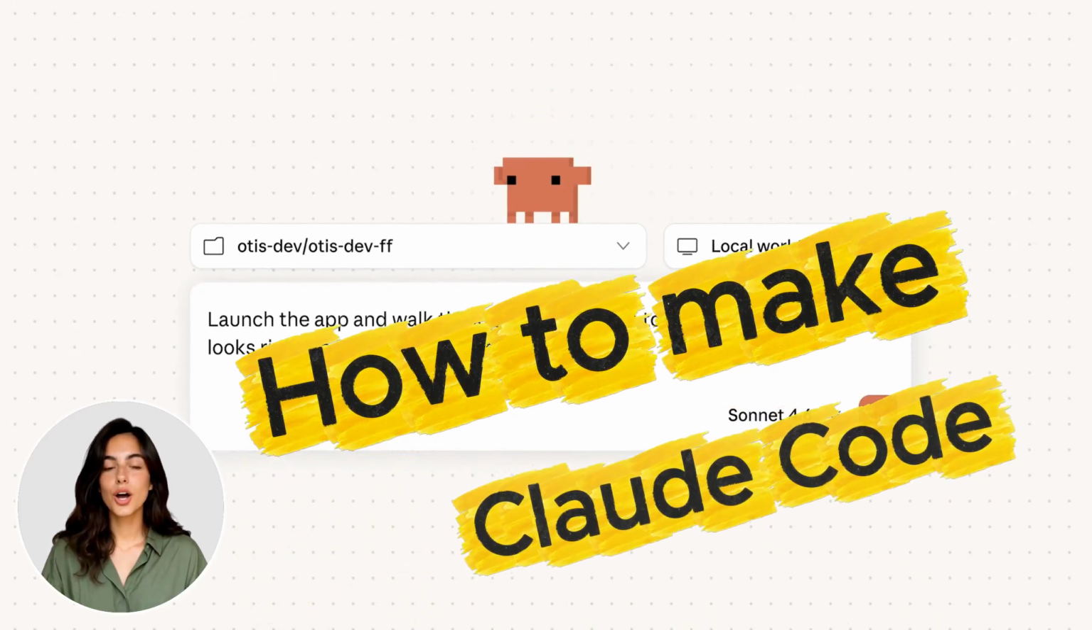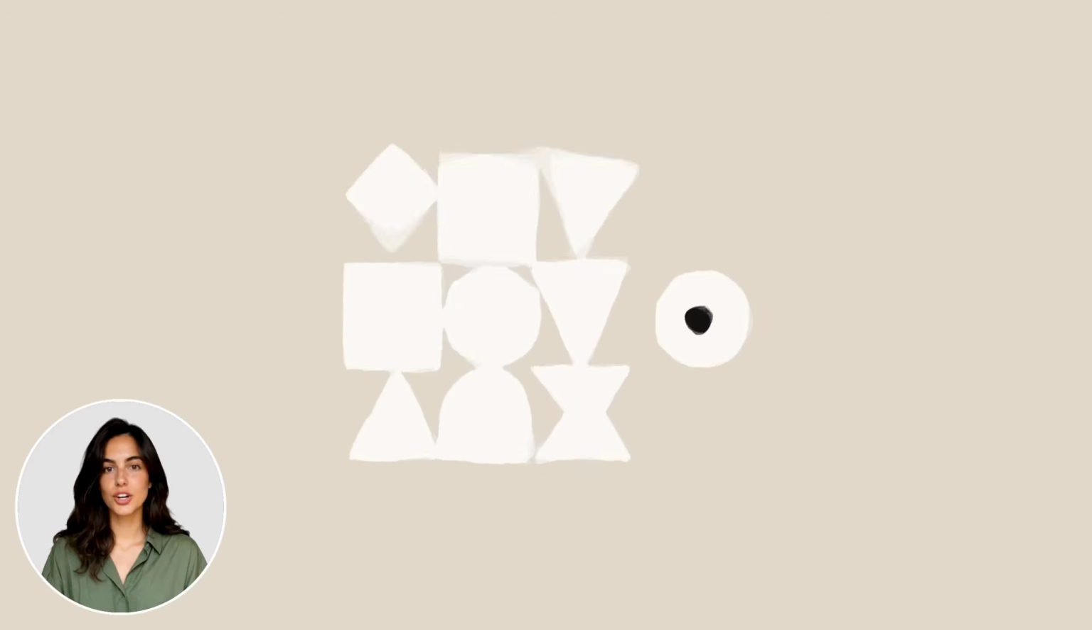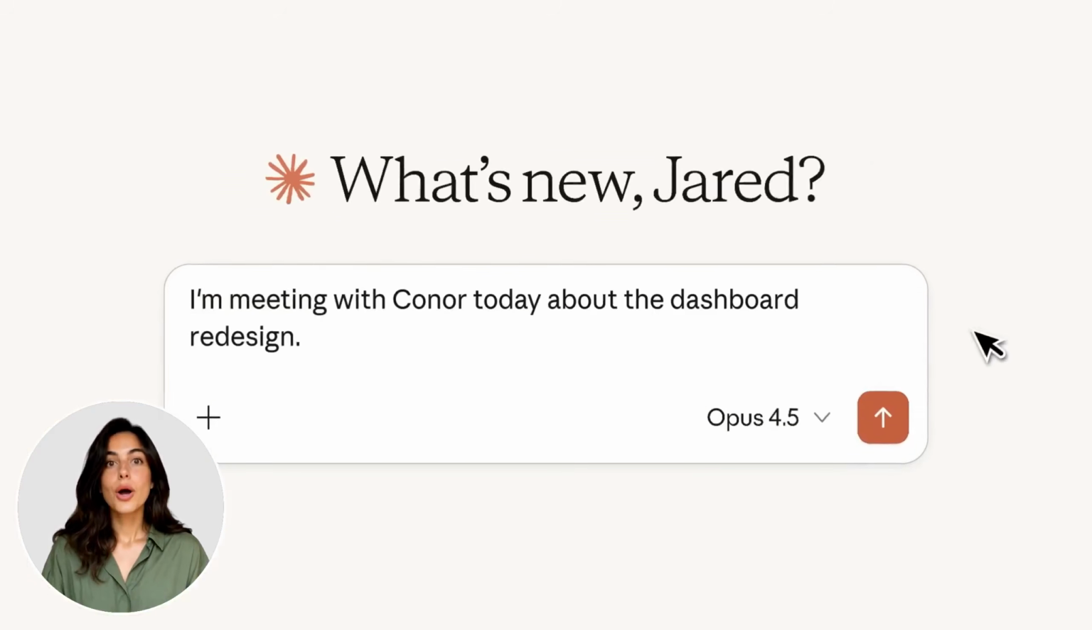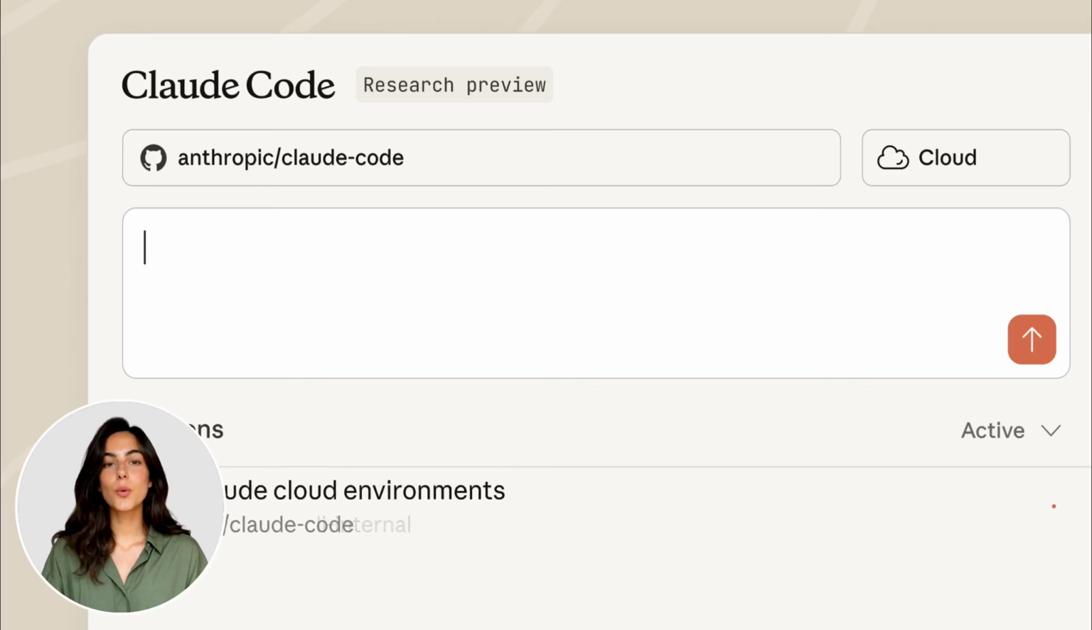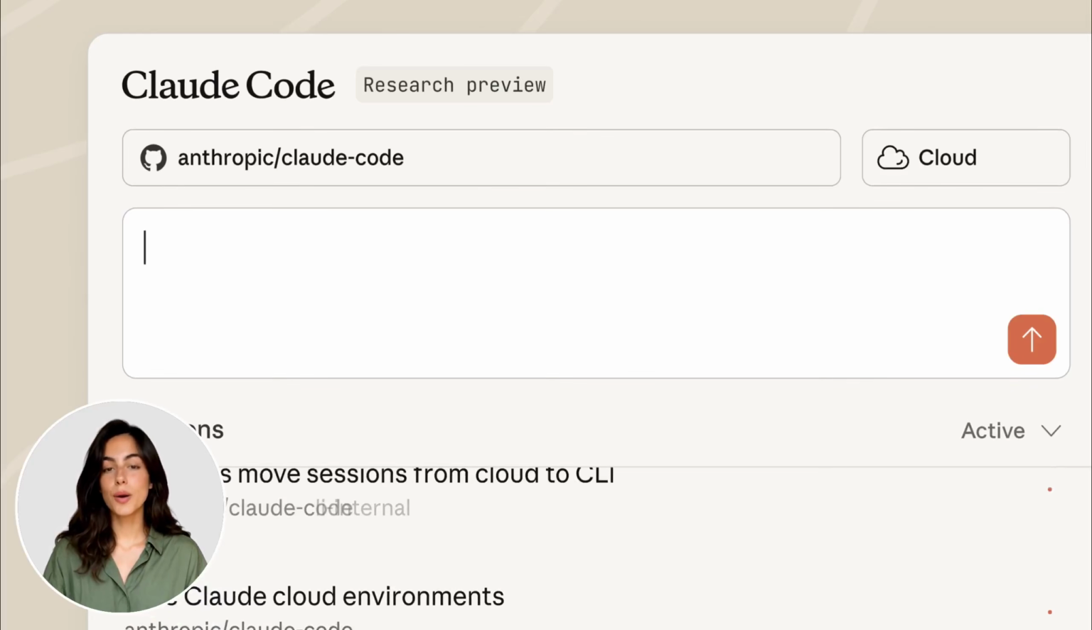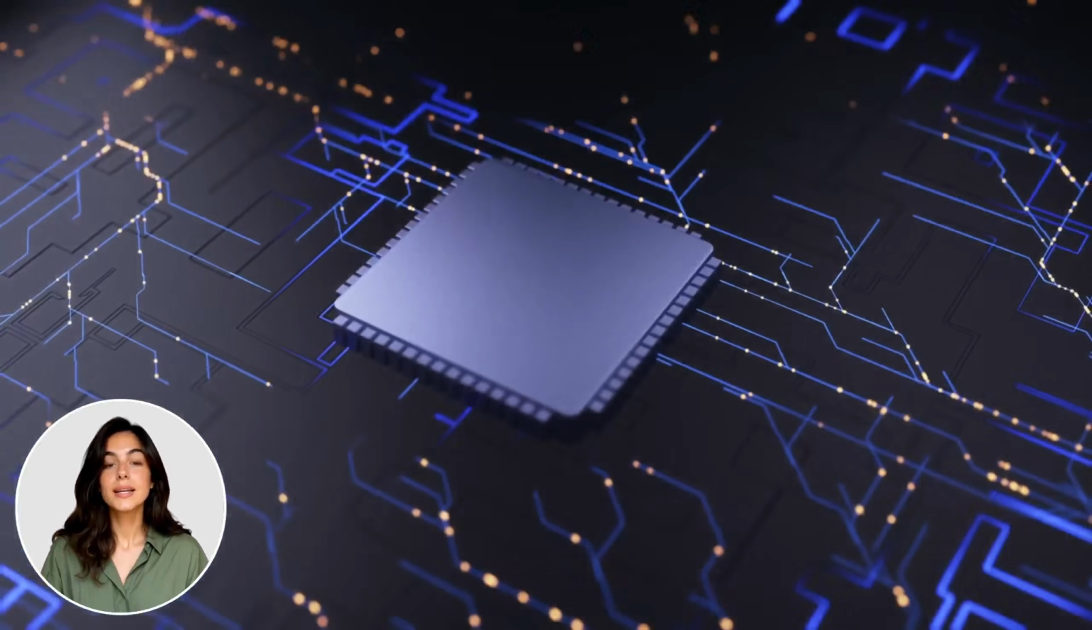How to make Claude Code 100x better in one click. Most people using Claude Code are leaving most of its power on the table. They type the same instructions over and over. They build setups from scratch every single project. They have no idea someone already solved their exact problem and built a template for it that you can install